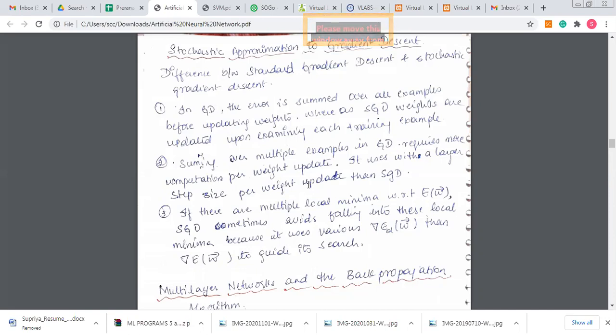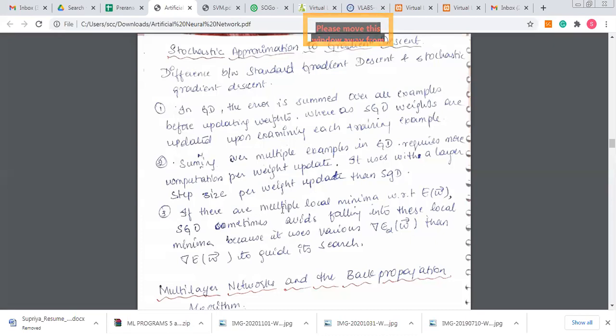Sometimes we use a step size of only 0.01 or 0.1. So there's a difference in the learning rate. Normally with standard gradient descent, there are huge step sizes for weight updates, comparatively to the stochastic gradient descent.